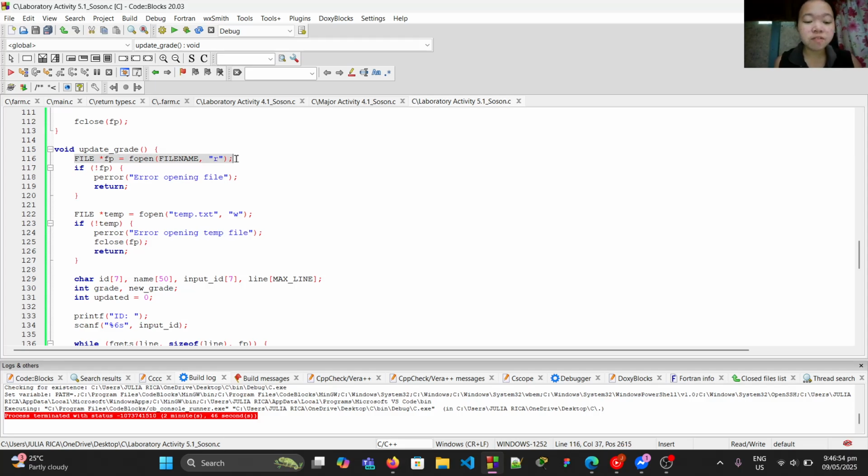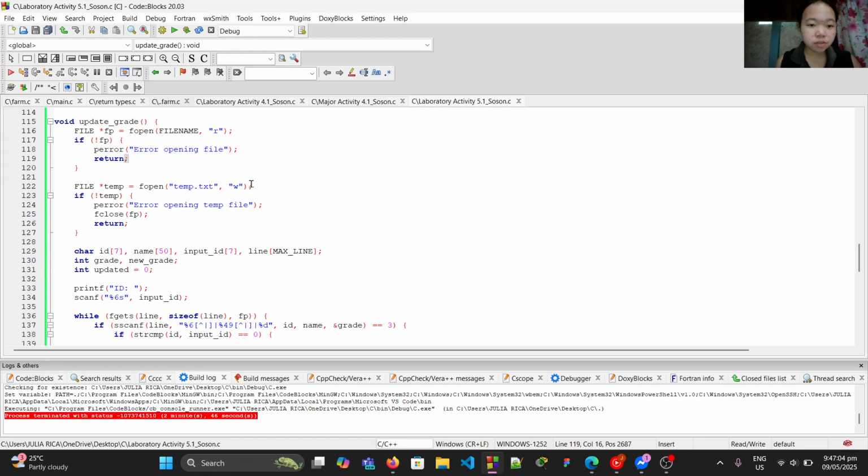Here, this will open the file in read mode, and this will exit if the file can't be opened. And this will open a temporary file for writing.